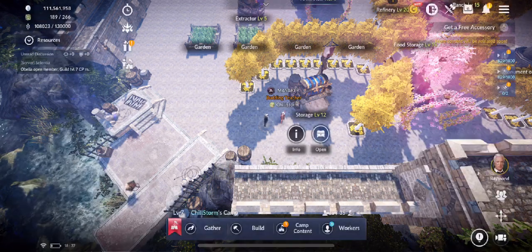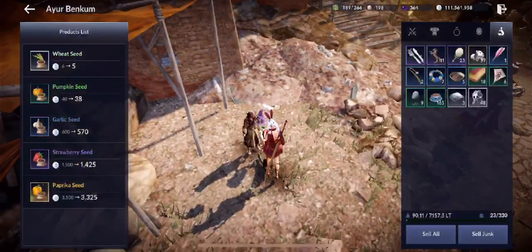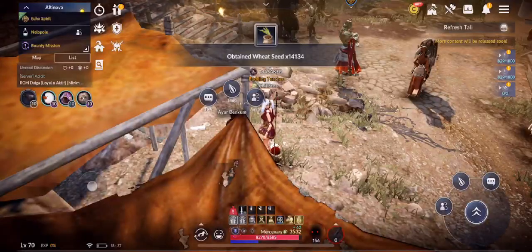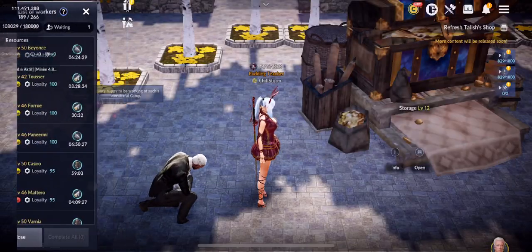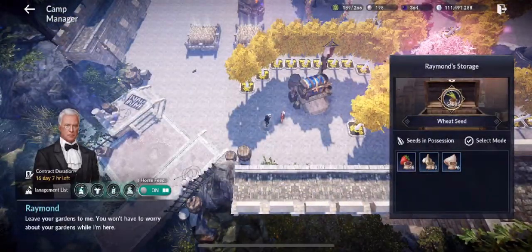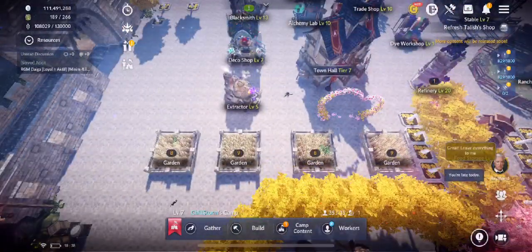So I just do that, and then let's say it's not enough. Growing seeds is not an easy task. I'll buy some more, and then go back to camp and load him up. There you go, 54,000 now. He's working on the seeds, so you can harvest everything right now,